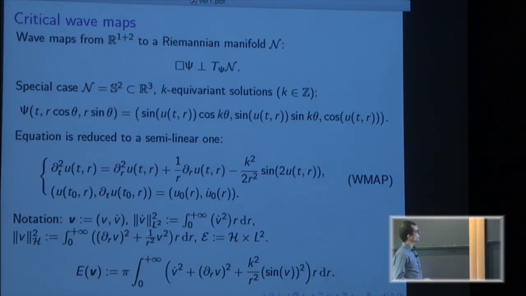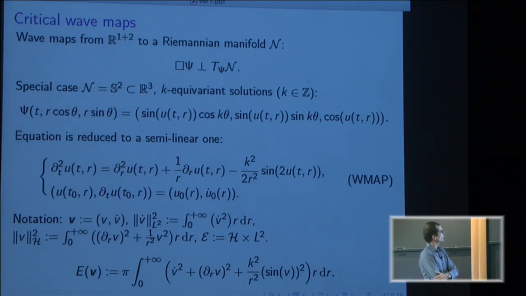Okay, so the equation I'm going to talk about is the wave maps equation from the Minkowski plane, R^{1+2}, the two-dimensional Minkowski plane, to a Riemannian manifold N, which is a natural generalization of the linear wave equation with values in a manifold. Instead of requiring the D'Alembertian to equal 0, we require that it is orthogonal to the tangent plane at a given point. I will restrict only to the very special case of the Riemannian manifold being the two-dimensional